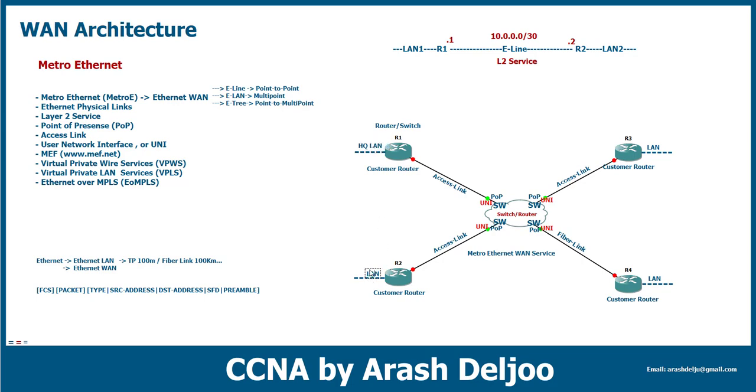Okay, for example, this is one of the branches. Let me show you the branch LAN. Okay, and also we have other branches. This is the next branch, and here we have another branch. Okay, now we want to connect all of the branches and also the headquarter to each other with point-to-point links. You need again only 1 link to the service provider, 1 access link to the service provider, not multiple physical links to the service provider. And this is the first benefit. The first benefit is that with 1 access link we can connect to all of the sites, for example.